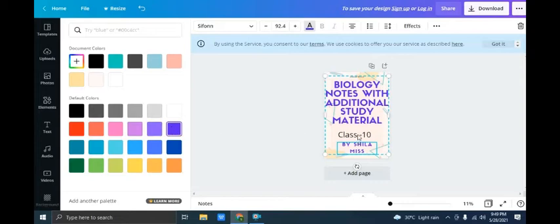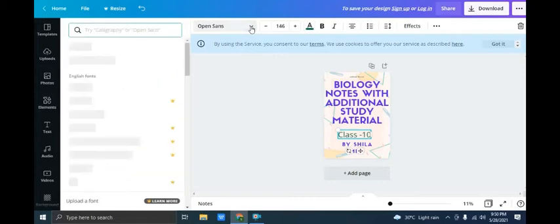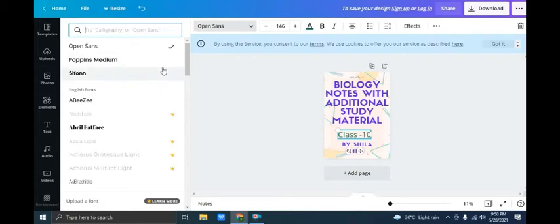Now again you click on that and go to that section, then the color template will come. Now this color I have changed, this is looking nice. And in Sheila Miss also I will change the name. This is not looking good, then I can take it blue. Then okay, class 10th also I can choose any color.